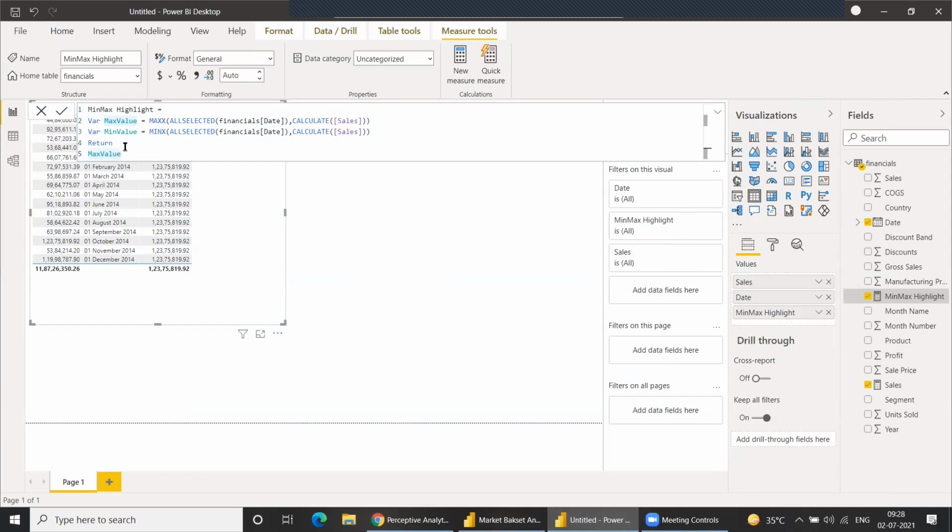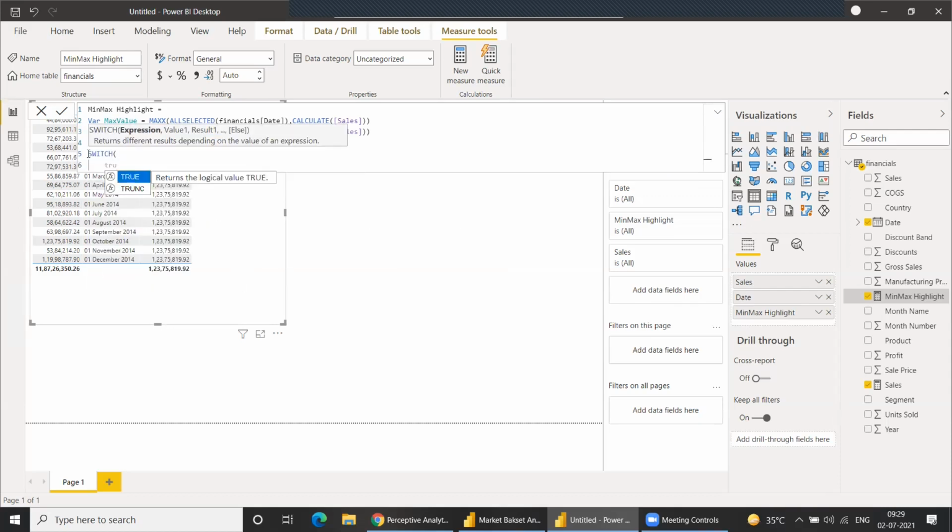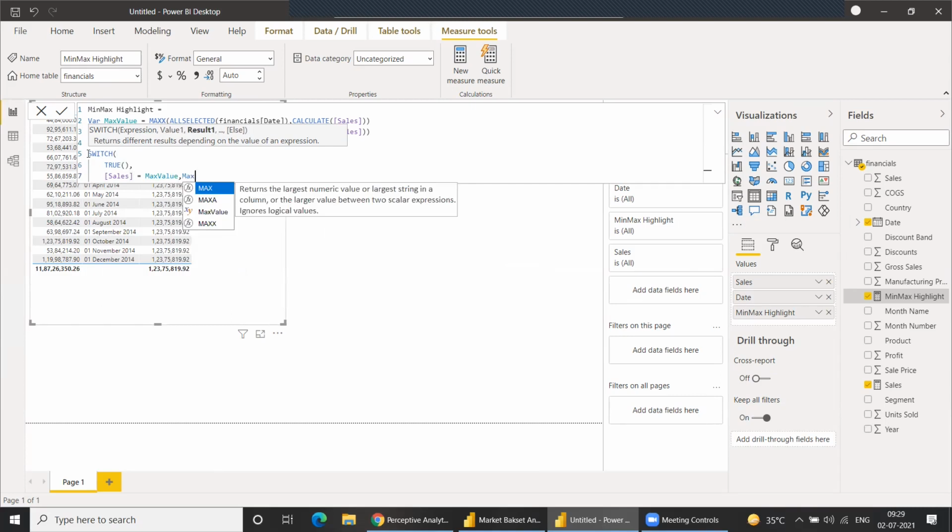Understood. Okay. So now we want to view our min and max value based on a certain condition. We can use IF and ELSE IF clauses, or we can use a SWITCH condition. So SWITCH TRUE. We'll say if our Sales measure which we created is equal to Max Value, then we'll take Max Value.